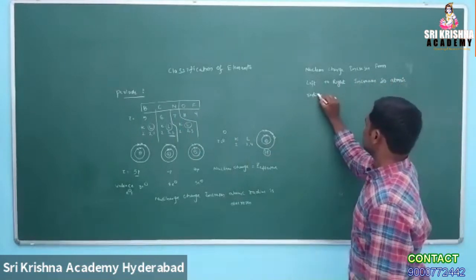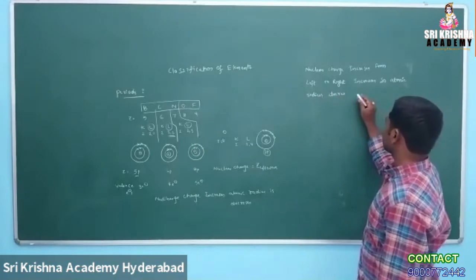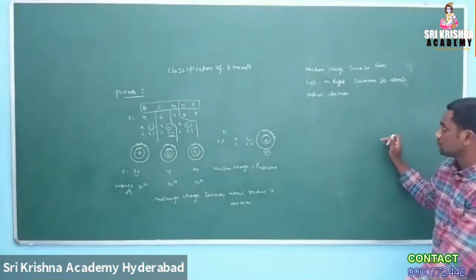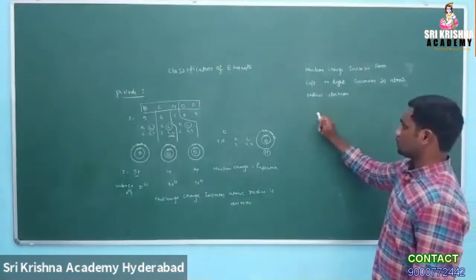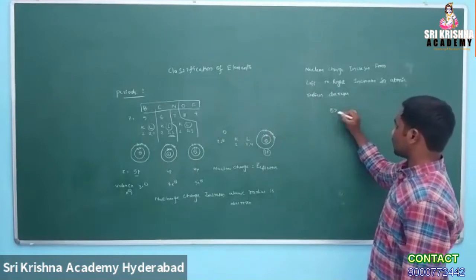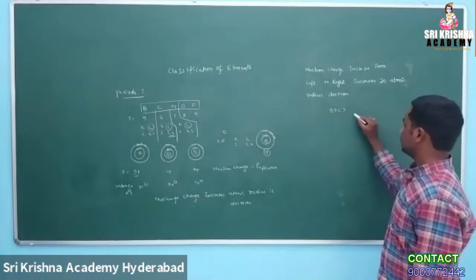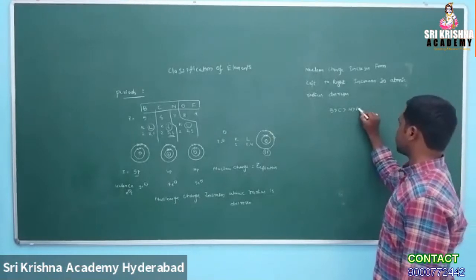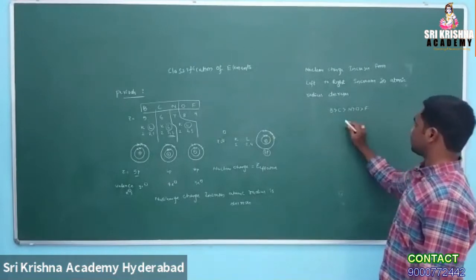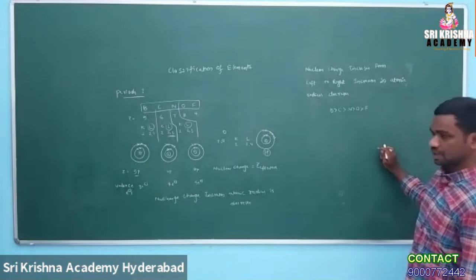Atomic radius values decrease. So which one has the higher atomic number? Boron has the larger atomic radius. Next, carbon has a smaller one, then nitrogen, then oxygen, then fluorine. Here the smallest one is fluorine. From left to right in periods, atomic radius decreases.